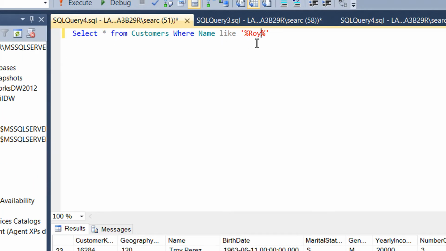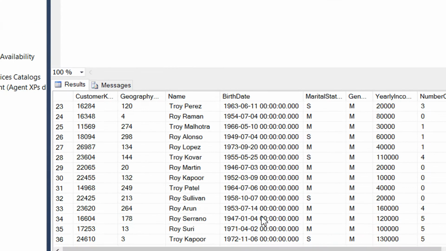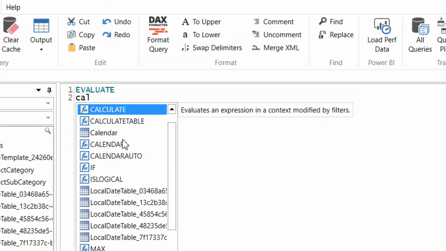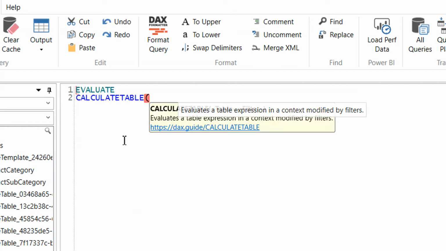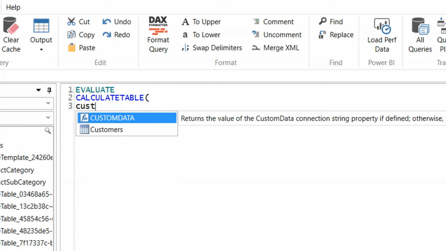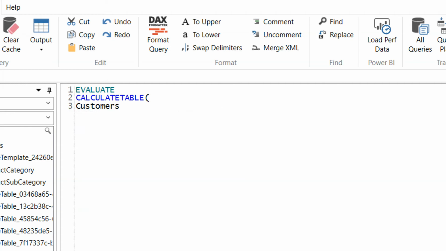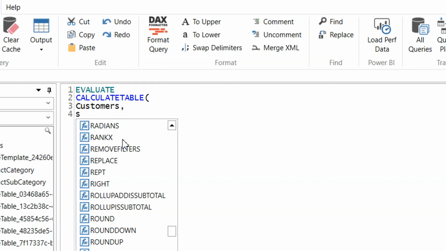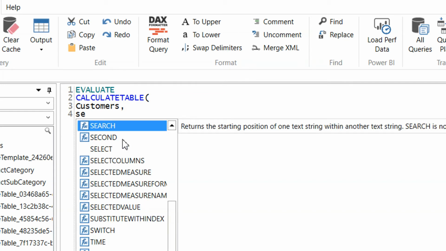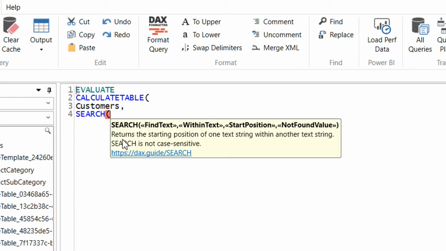So we need to achieve the same thing in DAX. So we can write CALCULATE, because we need to filter a column. CALCULATE, and the table is this Customers, and then we need to use here the SEARCH function in DAX, and here we need to provide what we are looking for. We are looking for Roy,